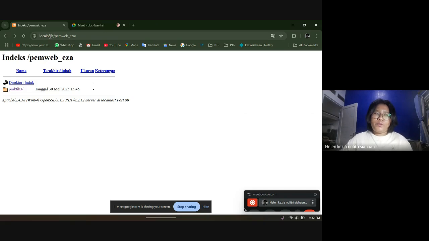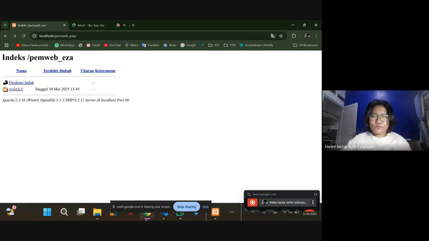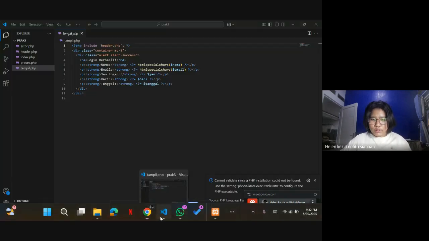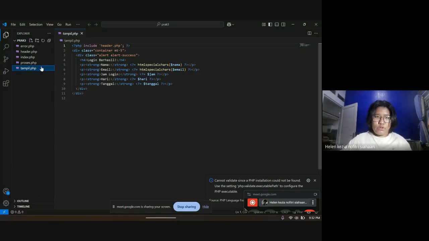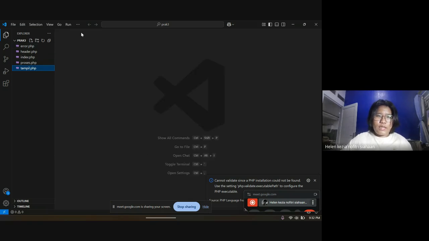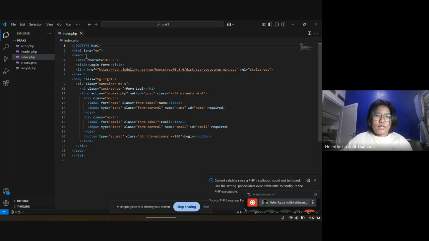I will open up the website first, and then talk about the code. I don't know. We will talk about the code first. After that, we can go to see the website. Okay, in here, let's open up Visual Studio Code. First is the index. In here, I'm using index.php.